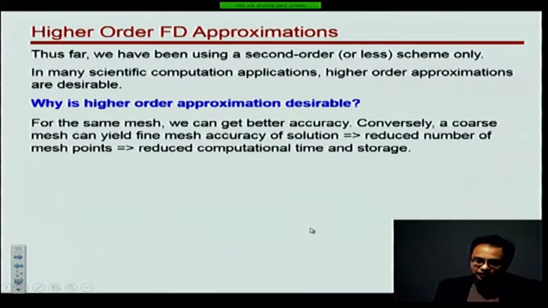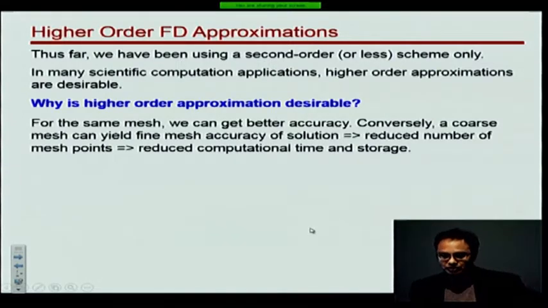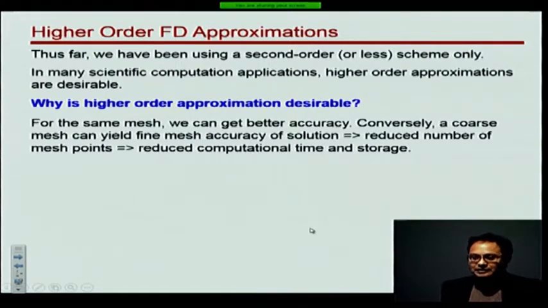First of all, we want better accuracy. So suppose you've done computations with a 41 by 41 mesh. What if the error that we're getting for the 41 by 41 mesh is not acceptable? At the same time, we don't have a bigger computer to solve it with a finer mesh. Okay,